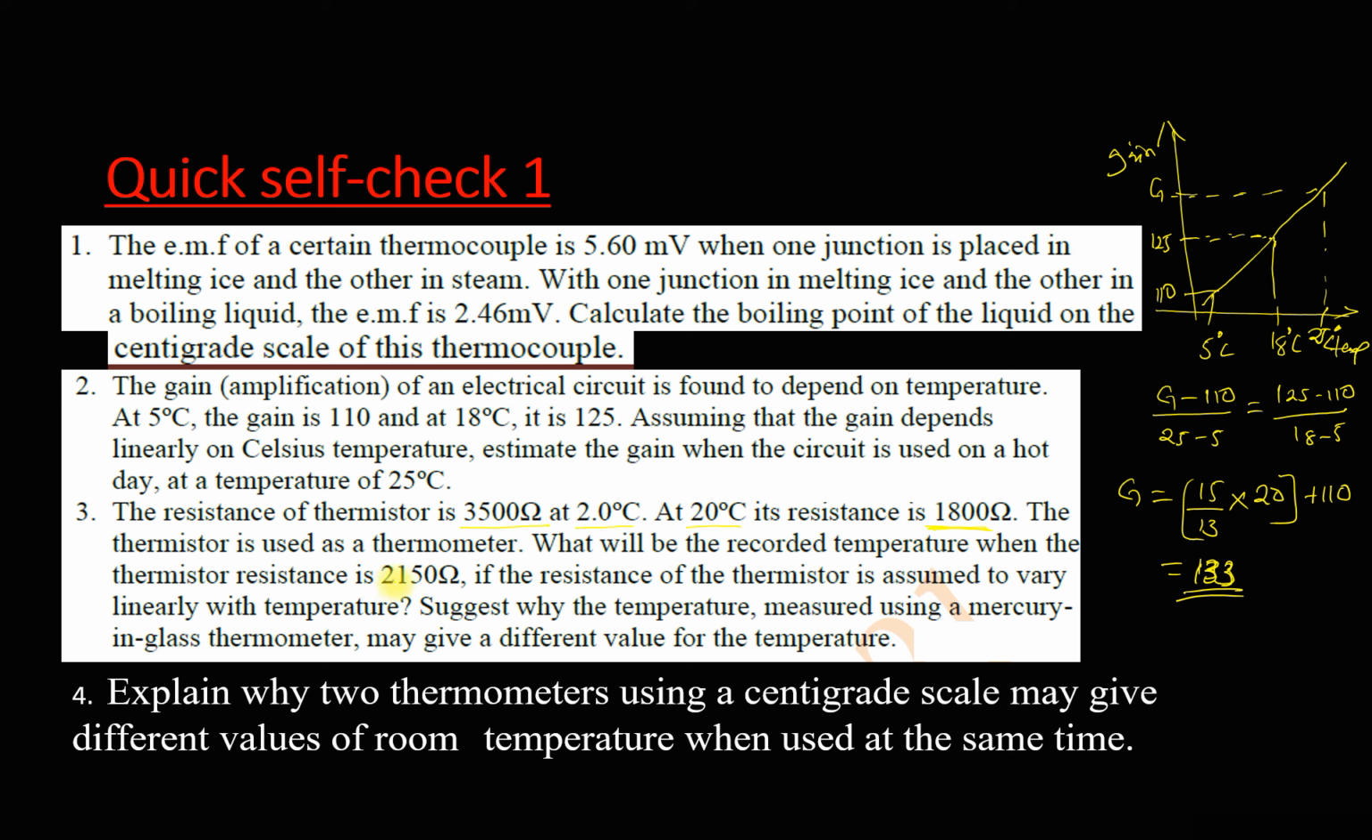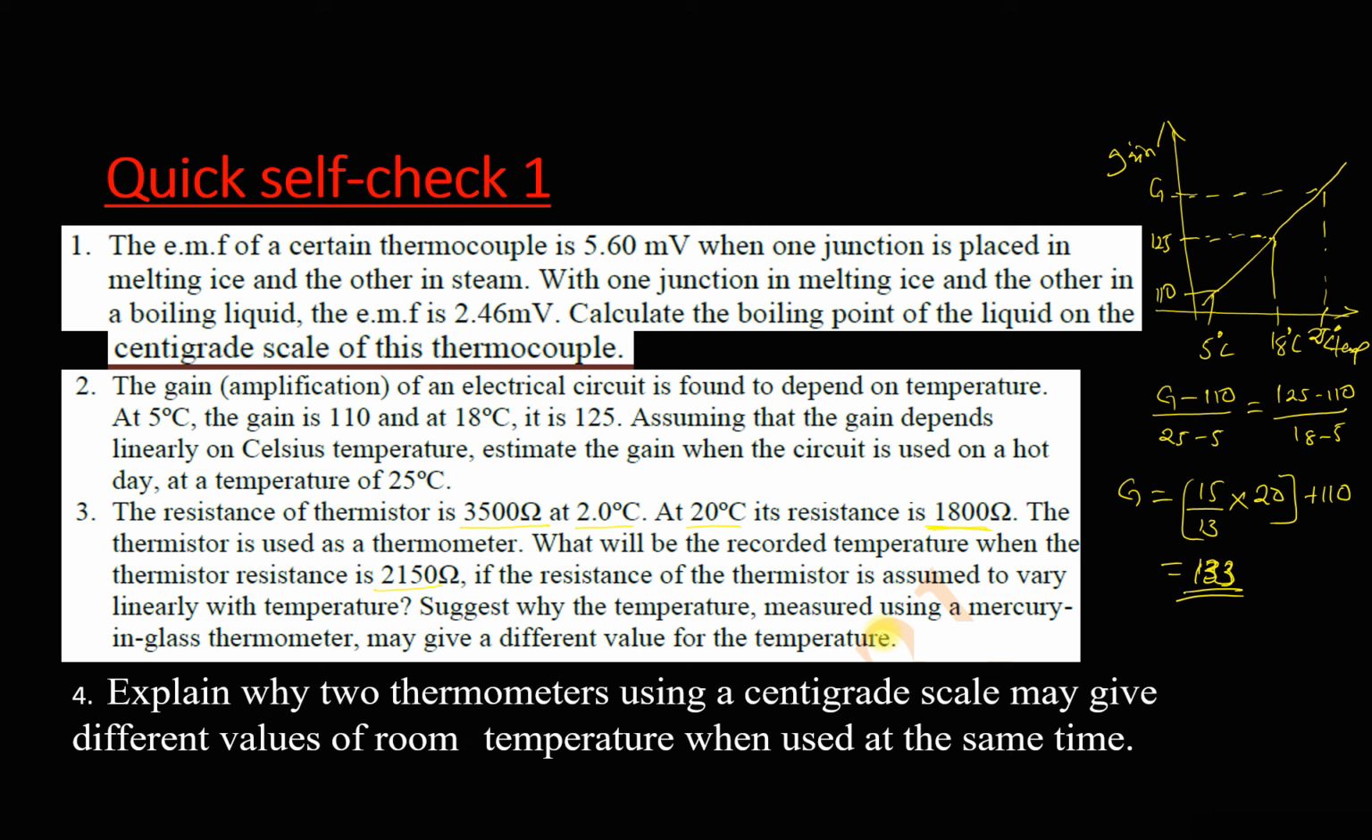The thermistor is used as a thermometer. What will be the recorded temperature when the thermistor is 2150 ohms if the resistance of the thermistor is assumed to vary linearly with the temperature? Suggest why the temperature measured using a Maclean glass thermometer may give a different value for the temperature. Okay, so starting with the last part, why the temperature measured using a Maclean glass thermometer may give a different